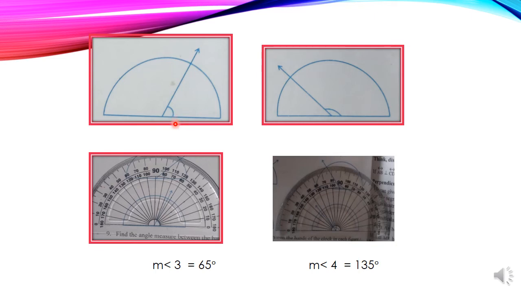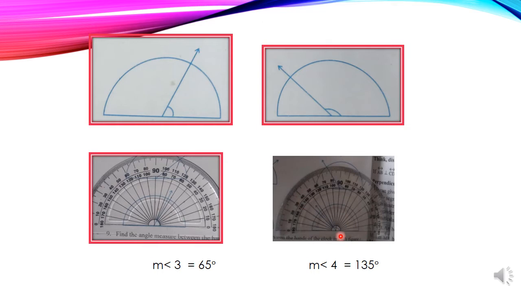This measurement also you just write near the figure in your textbook. Okay children, and the fourth figure is here, and see here it is more than a right angle, so it is an obtuse angle, and using protractor we can take the measurement and we see the first line is here, first arm is here coming, and second arm is between, it is between 130 and 140, exactly at 135.